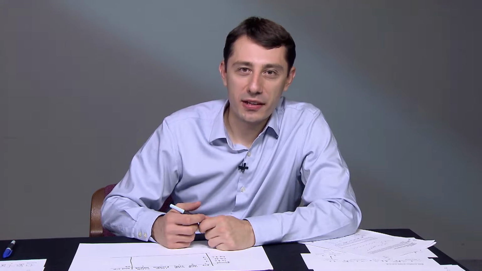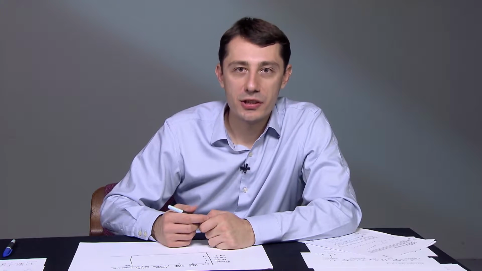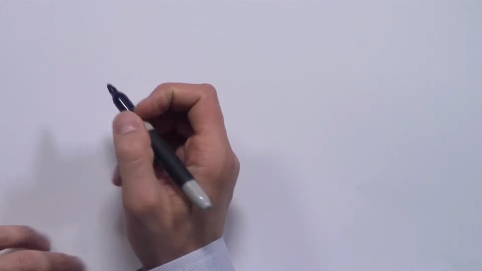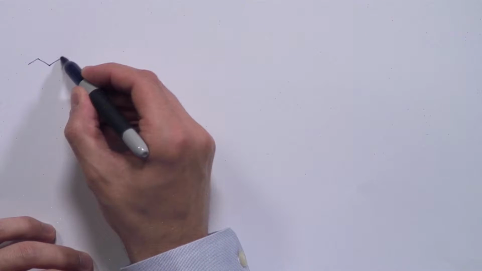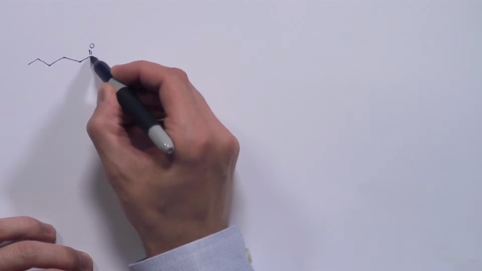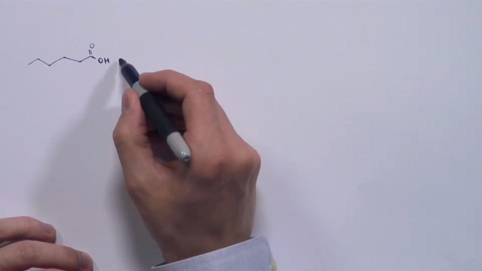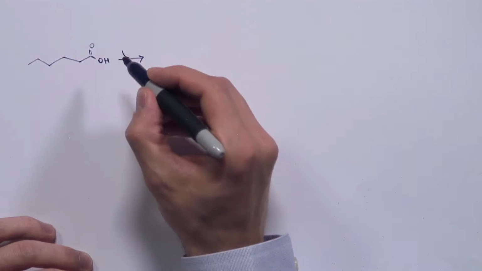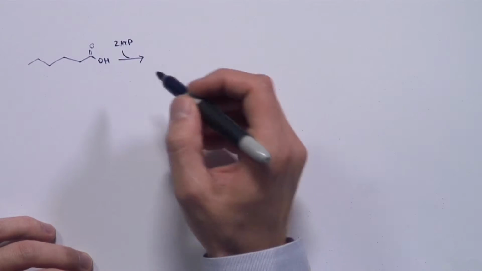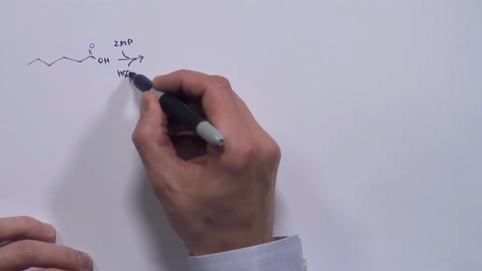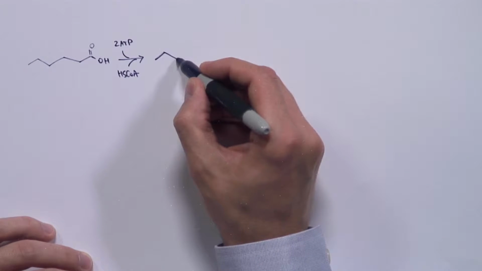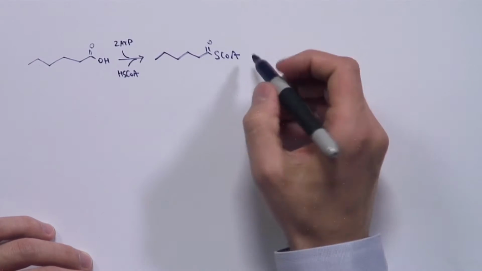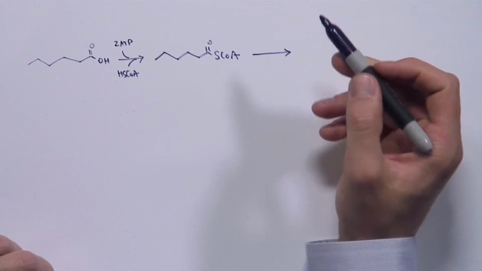Now we're ready to calculate how much energy we can get from each of the 3 fatty acids in our problem. Now, for the C6 fatty acid, let's represent it here. We discussed we're going to activate it. We're going to need to use 2 ATP molecules and coenzyme A. We're going to form the thioester. And then we're going to do beta oxidation.